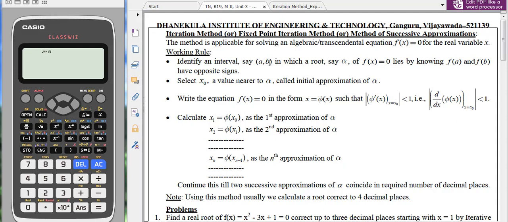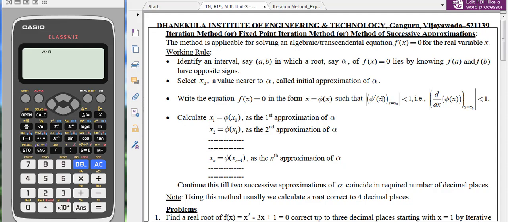If we know that the root alpha is nearer to the right end of the interval, then x0 is to be selected as a value nearer to the right end of the interval. Usually the midpoint of the interval serves the purpose. So x0 is to be selected as a value which is nearer to alpha as the initial approximation of alpha. And on selecting the x0 value, we go for expressing the given equation f(x) = 0 in the form x = phi(x), where the function phi(x) has to satisfy the convergence condition,